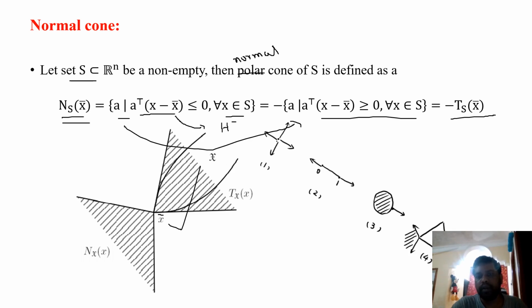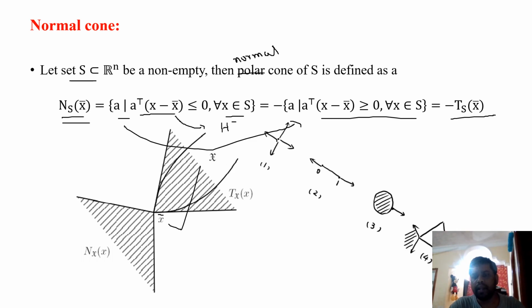If you are taking a single point, there will be infinitely many normals, so the complete space except that point. If you are taking a line segment, then you observe two normals, this side and this side, so it has two normals. If you are taking a closed convex set with a smooth boundary, then at every boundary point we observe only one normal, and that means the normal cone at this kind of point happens to be a ray, an outward ray, an outward direction.